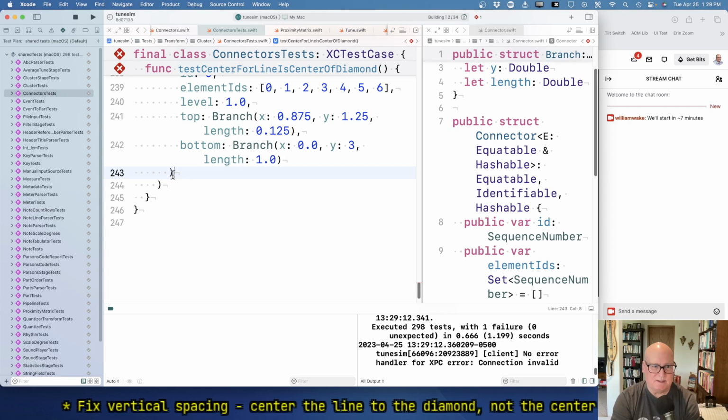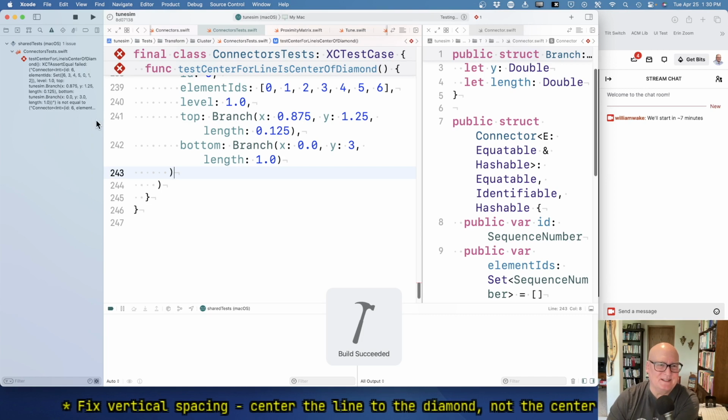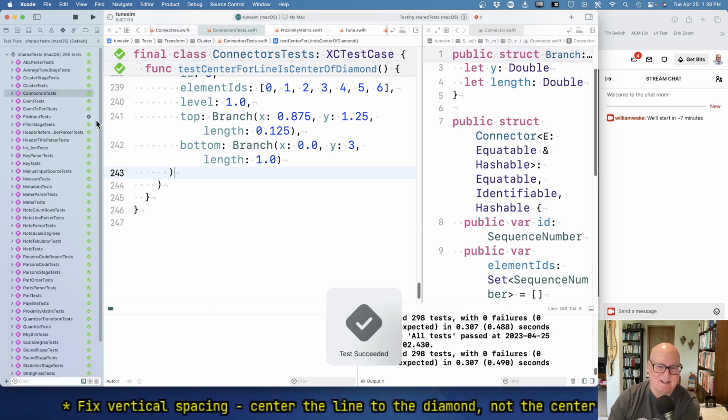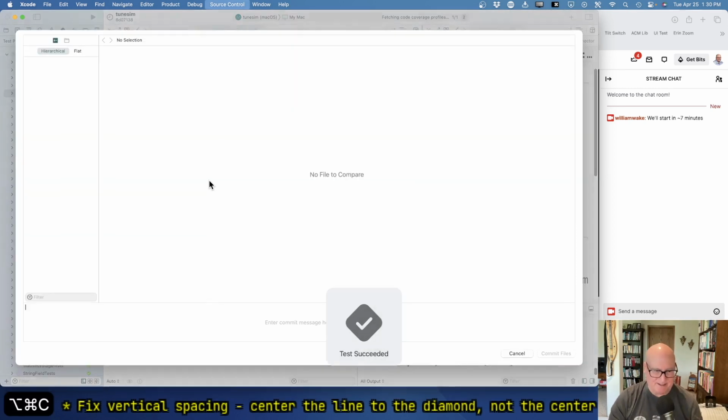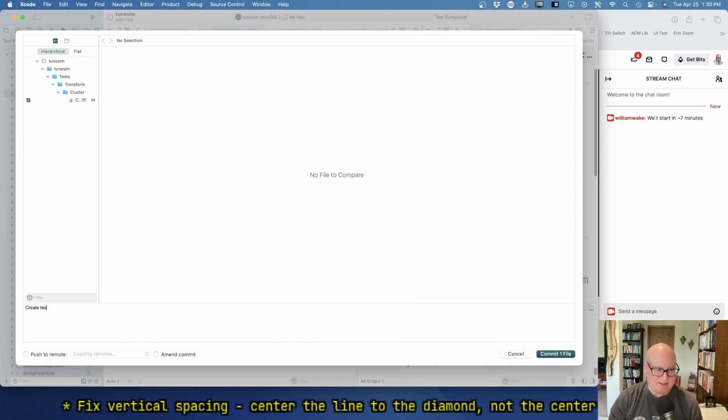So bad when you take so many tries to get the test data right. It's like, how much confidence do you have again? All right. Let's have that green bar. All right. Okay, so create test data to show upper line